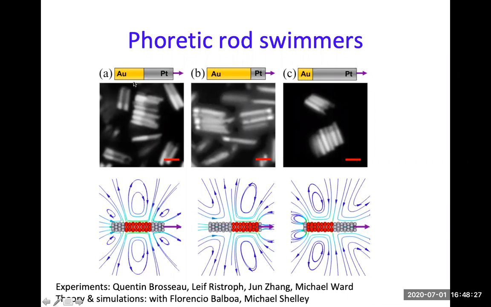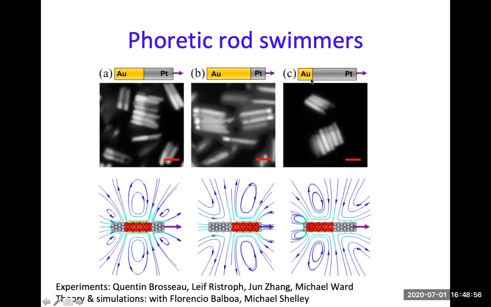So the typical Janus swimmer, half gold, half platinum, turns out to be a quadrupole, right? With a slip layer in the middle. If you get the long gold and short platinum, the slip layer will be in the front. And what has the propulsion in the front? Poolers. And indeed, this has the pooler fluid flow, right? The fluid flow comes in the front and back and goes out at the side. So long gold is a pooler.